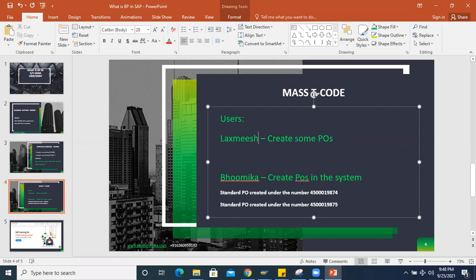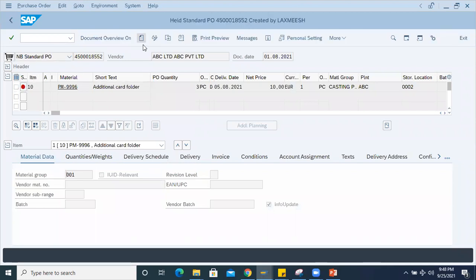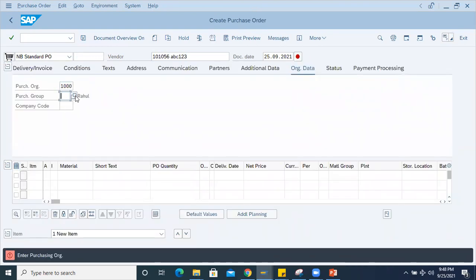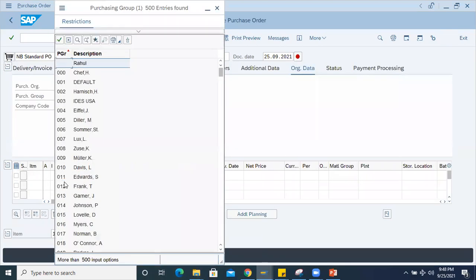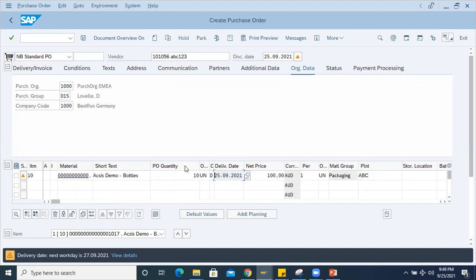Just take that scenario, and he's going to create a PO with different combinations. The vendor will be the same, 1000, and the purchasing group will be 15,000, material, plant 110, and he'll be saving it.